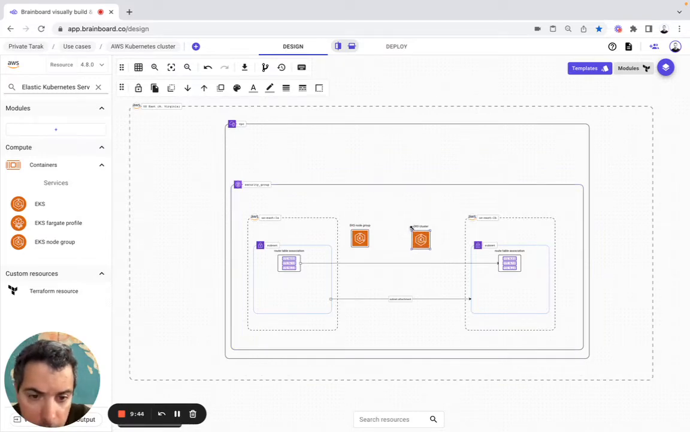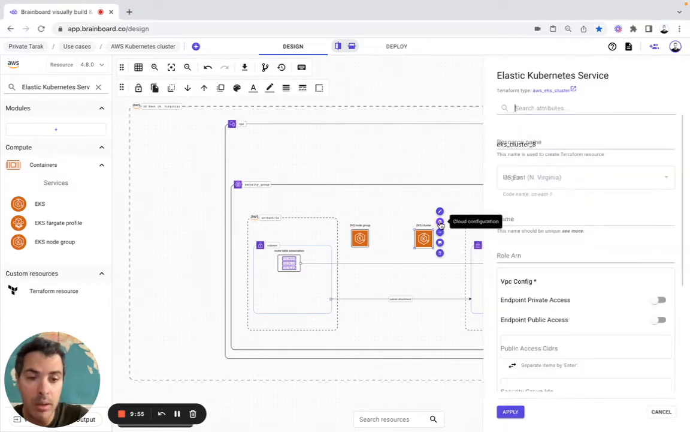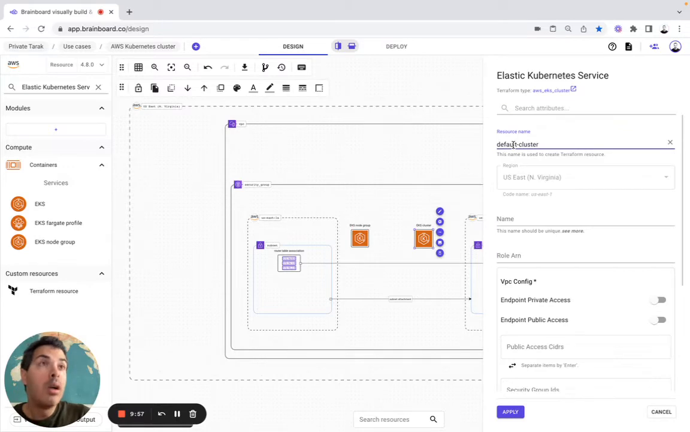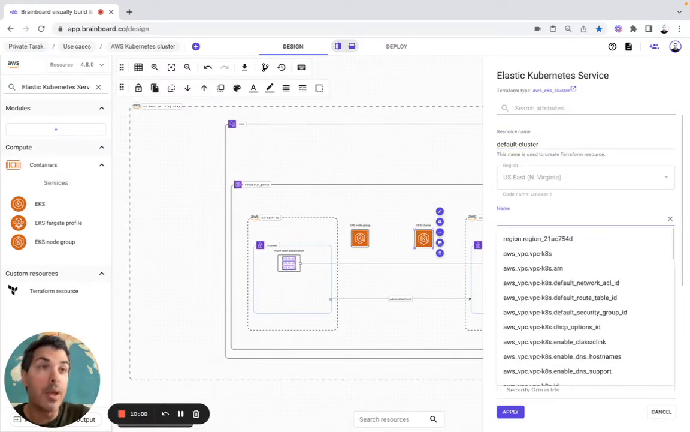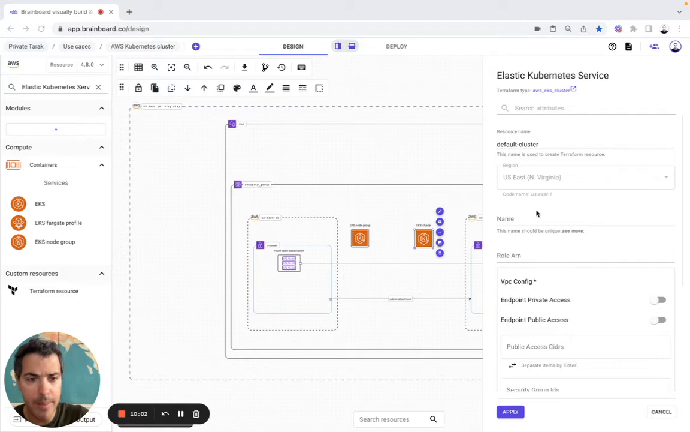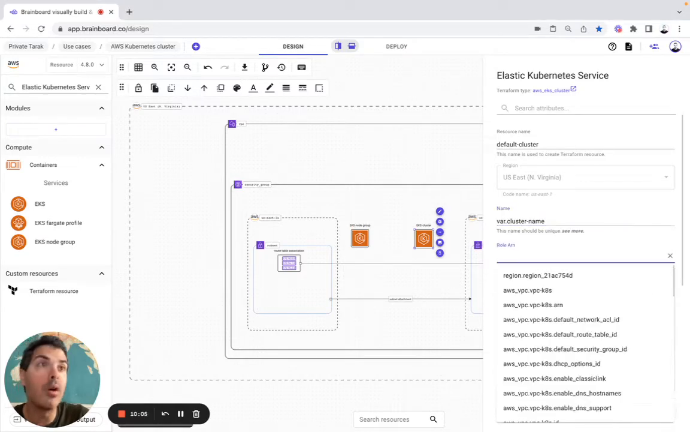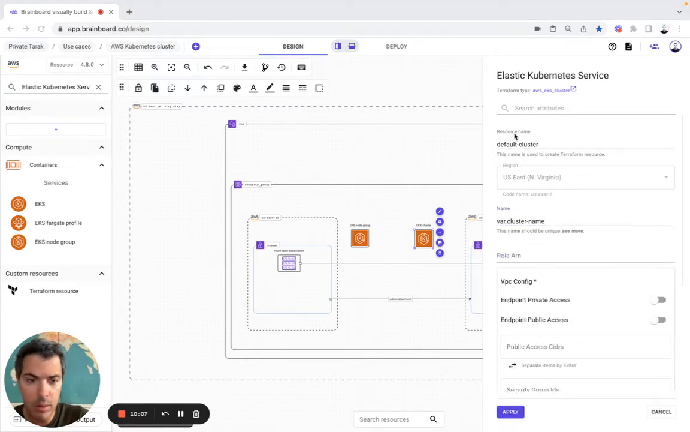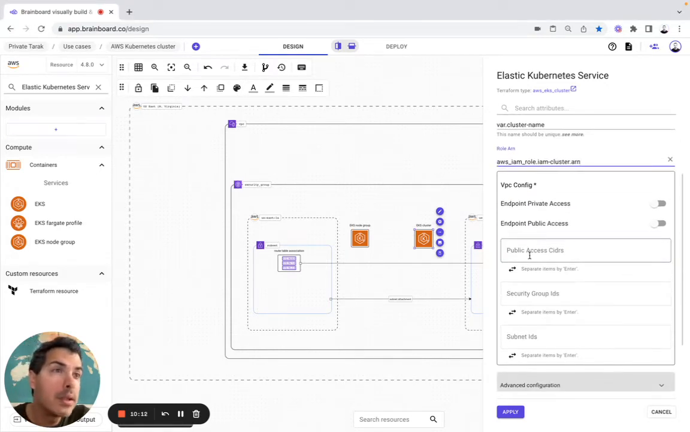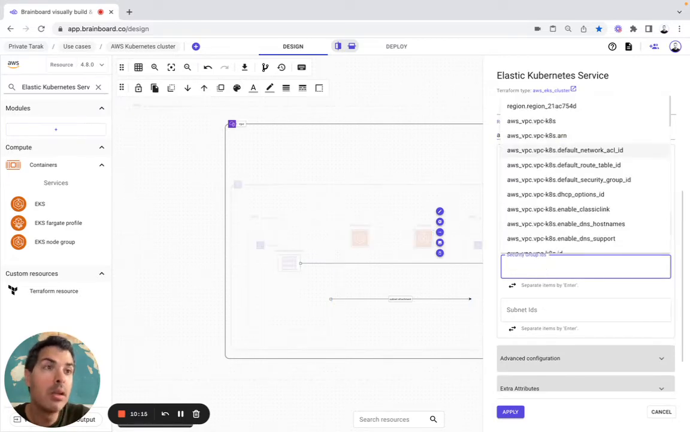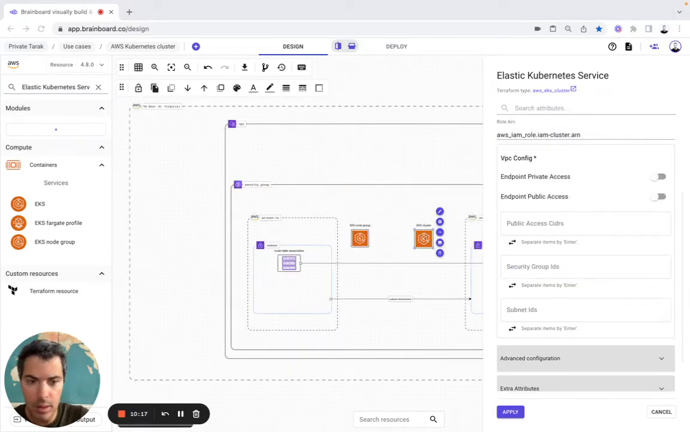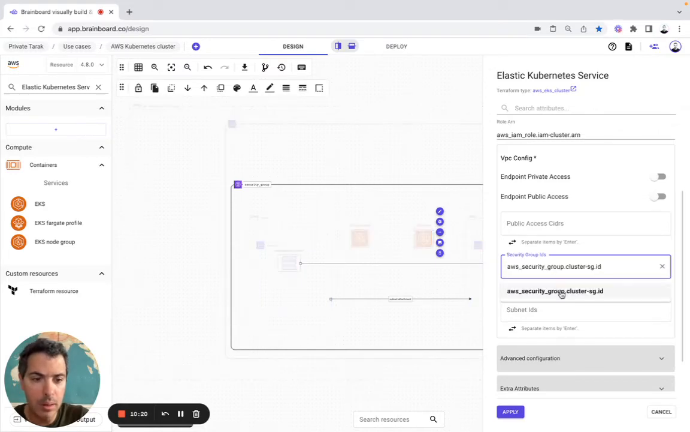Let's try to have the same shape. Yes, approximately the same shape. Here is going to be default cluster. Here is going to be var cluster name. Role is this one, then security group IDs is this one,